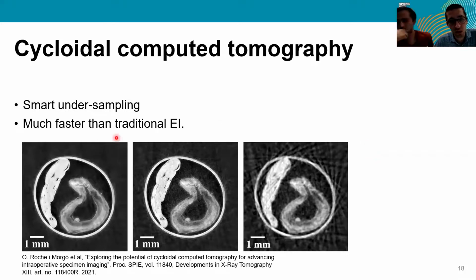So this is a traditional EI scan, which took quite a long time. This is a cycloidal scan, and this is what we call a just rotation scan. And just let me explain to you what this is. These two use the exact same amount of data, which is very little data compared to this. These use 1/8 of the data that this uses, and they take a very comparable amount of time. But as you can see, this is much, much worse than this. You can't see most of the details. Whereas with cycloidal CT, using the same amount of time, being very efficient, using less dose, you can see much more detail, and it's very, very close to the standard of the traditional edge illumination CT.